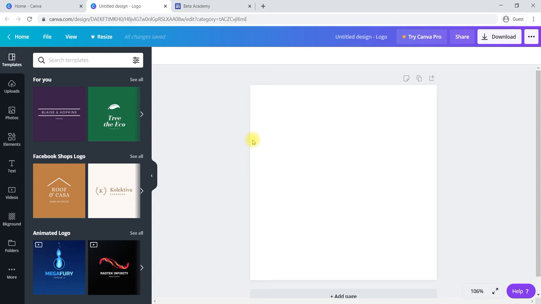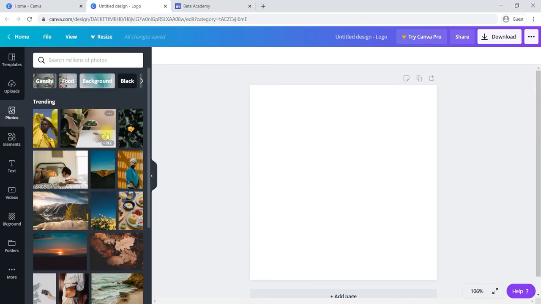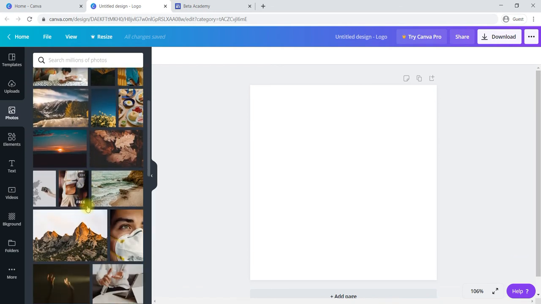This will be the structure of Canva, where on the left-hand side you will have different elements, like you can use a template. If you have uploaded any document, you can use it from here. If you would like to use any photos, the default photos, you can use this one to use any of the photos you like.